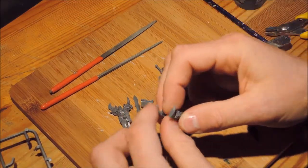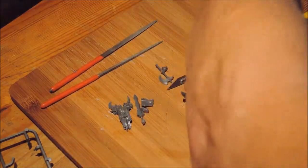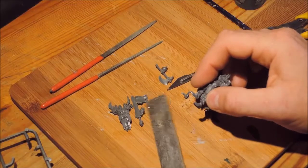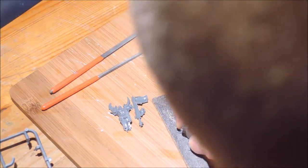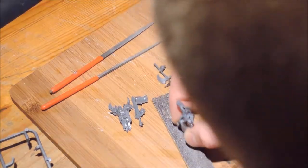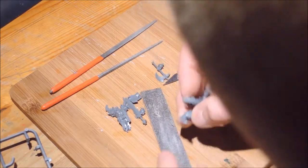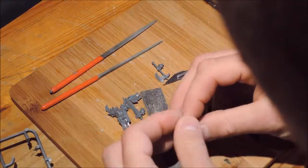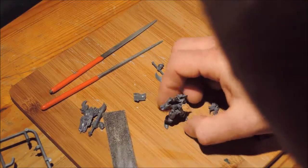Once that's done, an area like this that's nice and flat, and they should be parallel, a good thing to do is glue a little bit of wet and dry to a bit of wood. Just get the model, get it down, hold it. You want to hold it firmly but not pressing too hard, and gently rub it back and forth. So, and that should get, see it's a little bit braided, but that's okay. That should be a nice parallel thing. You should stand up, look at that,